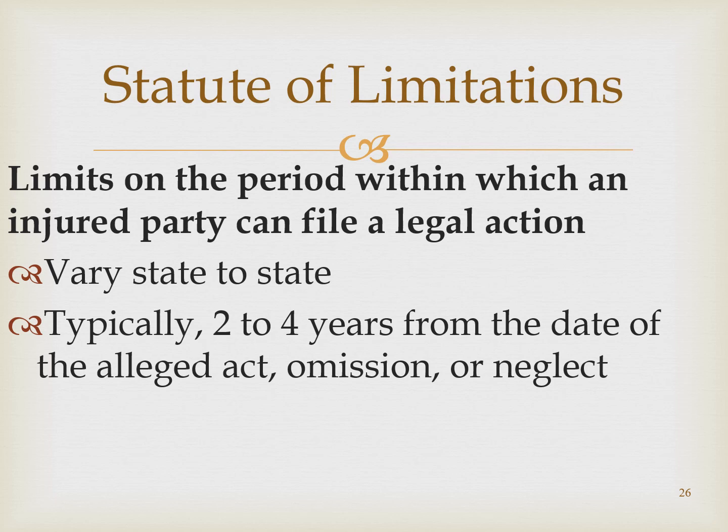Statute of limitations. There are limits on the period within which an injured party can file a legal action, and that's different. It varies from state to state, so you have to check your state laws. Typically, though, it's 2 to 4 years from the date of the alleged act, omission, or neglect. So because you give an SRP to someone today, it could be maybe you gave them some tissue trauma, or they never really came out of the paresthesia from an injection or something, and so they could wait